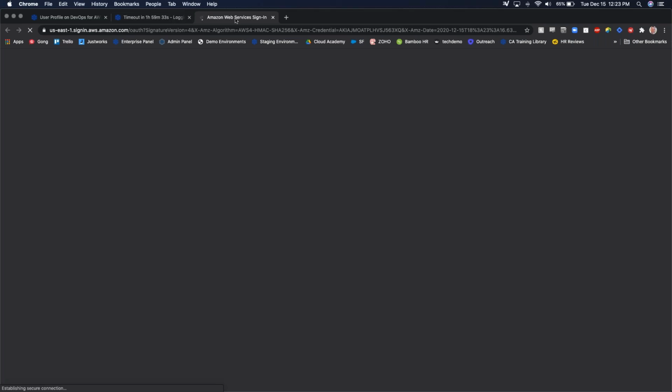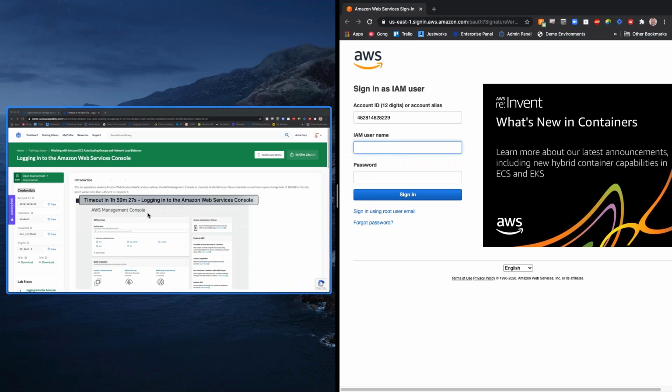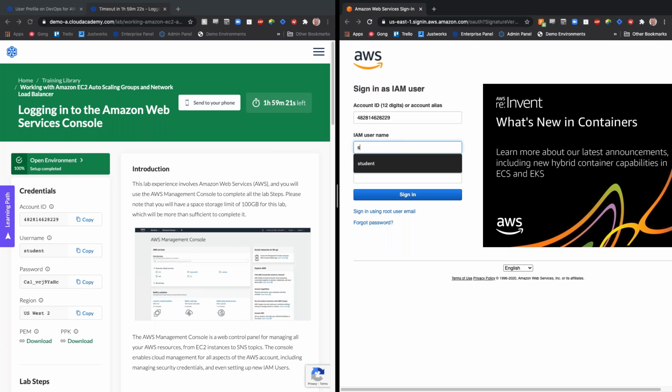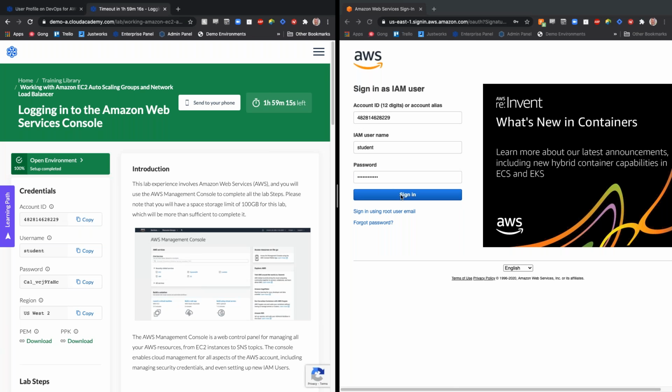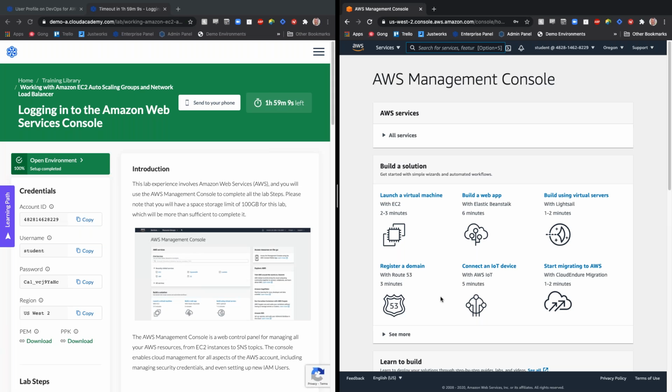So when I'm personally making my way through these learning paths, I like to go split screen. So now all we need to do is copy and paste the username, copy and paste the password. Oh, let me copy one more time. Oh, there it is. Just a little hiccup. And just like that, we have spun up our own instance within an AWS Management Console.